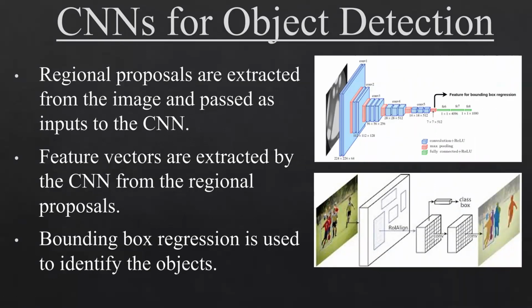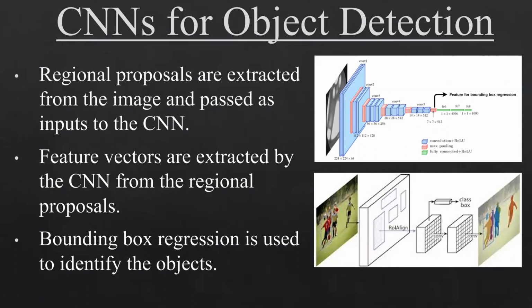Now, CNNs for object detection. So how the entire thing works is that regional proposals are extracted from the image and they are passed to the CNN. So regional proposals are basically areas in your input image where there is a high probability of drawing a bounding box for that object. And then based on whatever input you give to your CNN, feature vectors are extracted from it. So feature vectors are nothing but simple